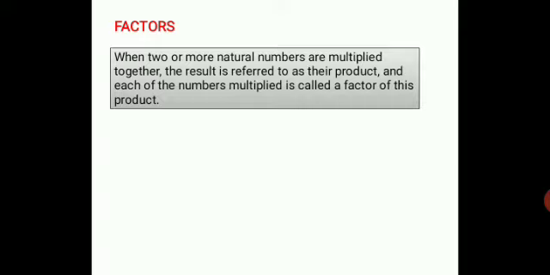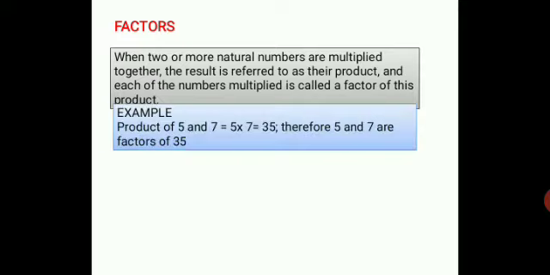When you multiply two numbers, the result you get is the product. So 8 is the product here, and 2 and 4 are the factors of 8. 8 is the product, and each of the numbers which are multiplied, 2 and 4, these are called the factors of